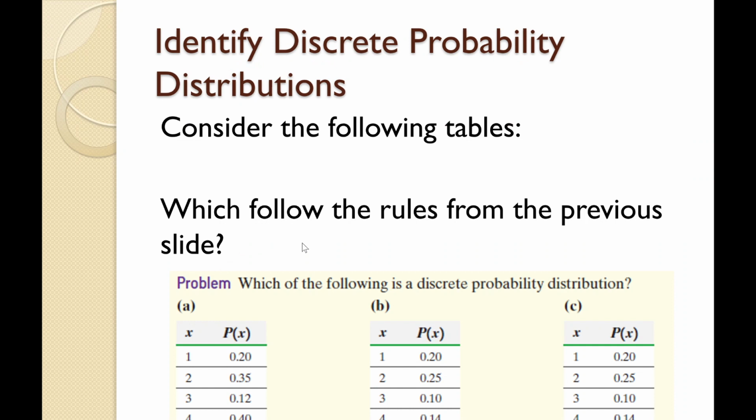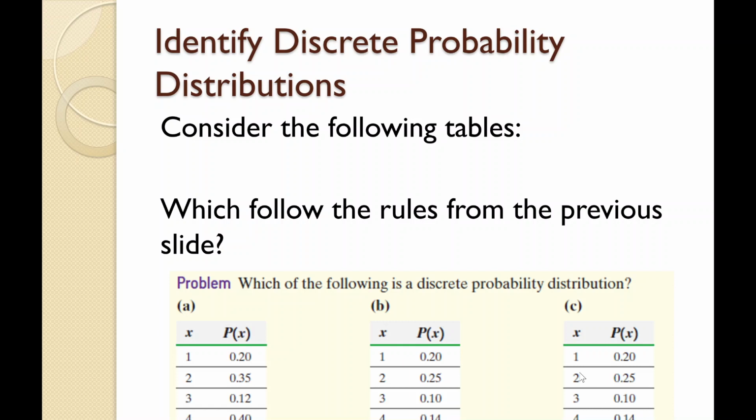So it says consider the following. Which of the following represent a probability distribution? A fails because this one's negative. I can tell you that right away. B might work and C might work. So let's look. If we add this all together, 20, 45, 55, oh, they add to 1.49. That's too big. So this one doesn't work. So this one probably does. 20, 45, 55, and 31 is 86. And then 14 is 1.